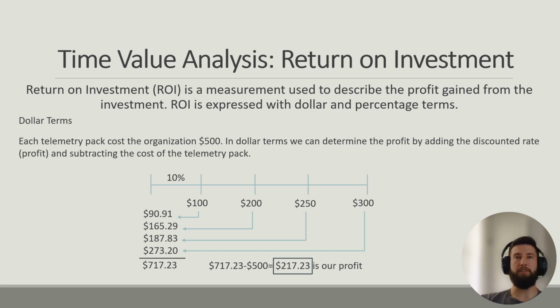So here we have the Telepac costing the organization $500, and then by adding up the discounted rate throughout each cash flow year, we can determine that the total is $717.23. So then we'll subtract the initial investment of $500 for that piece of equipment, and we'll see that over 4 years, our profit is